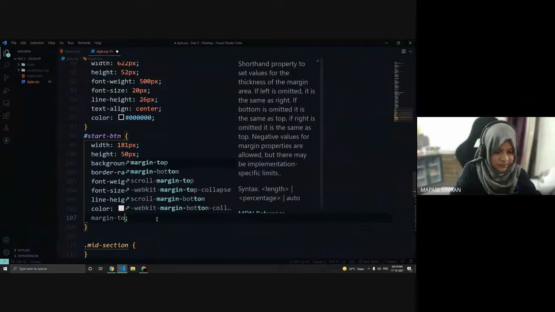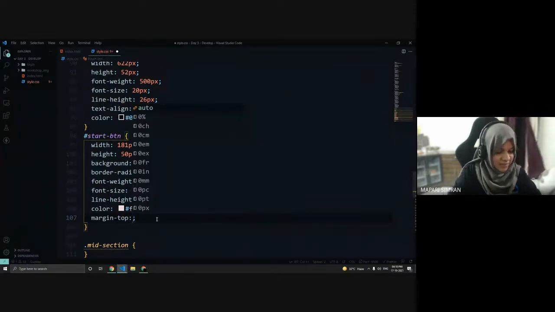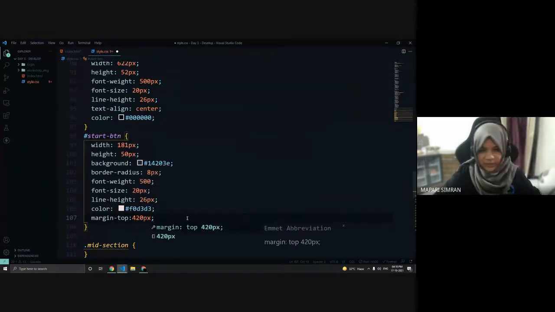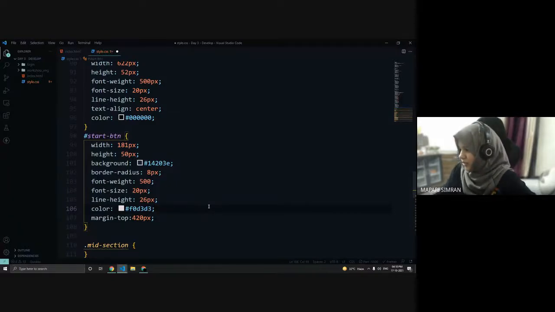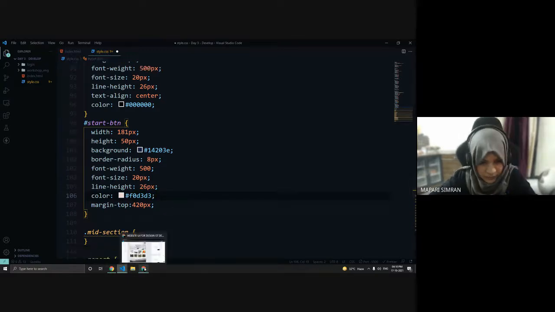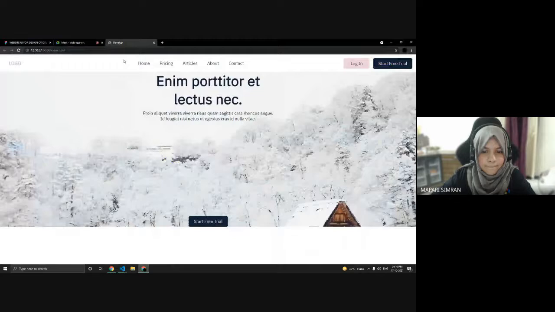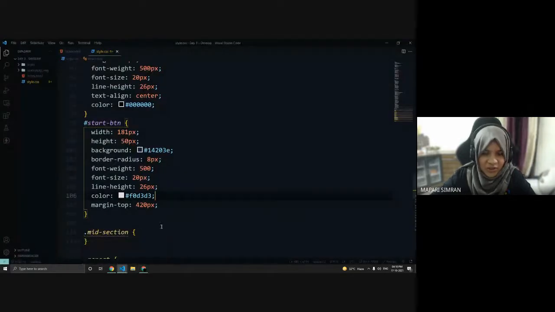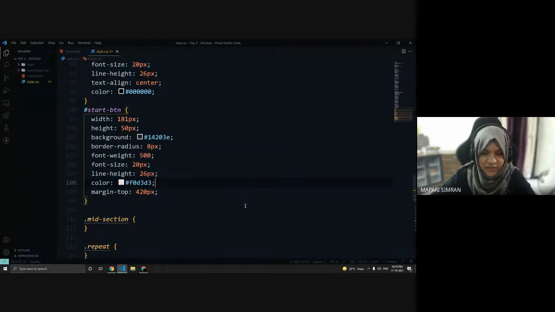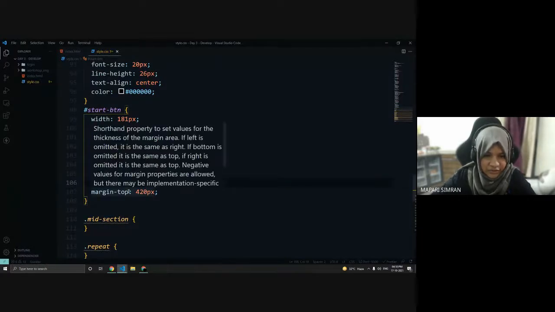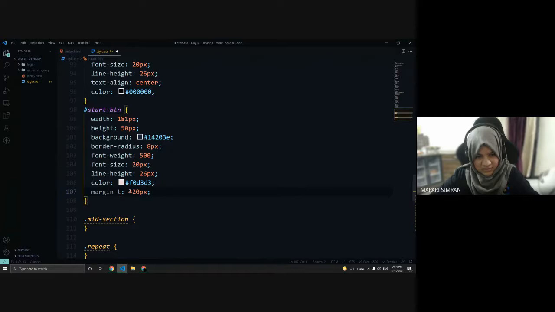Margin top as 420 px. And now we will check also. Okay, it went very low down. So it's because we are not making it responsive, and the size is also different. So let's just keep it in center.